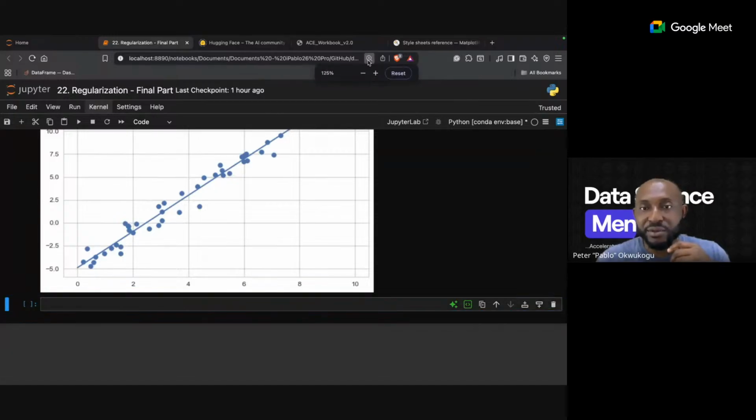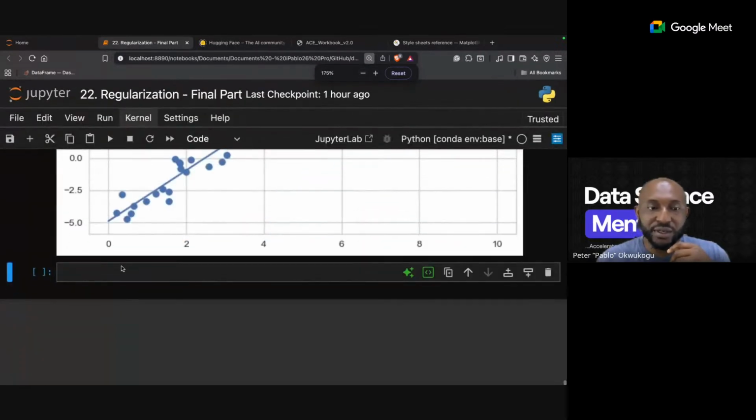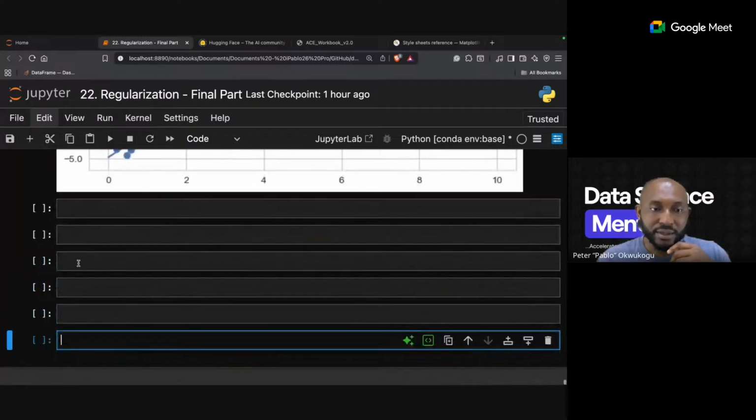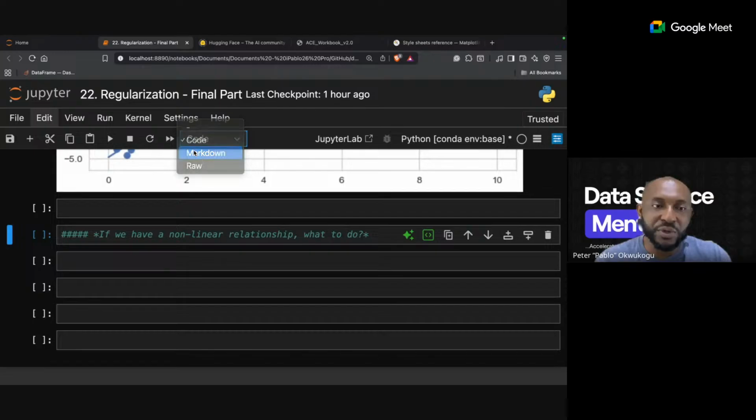If we have a non-linear model or a non-linear relationship, what to do? So this is where we are at this point.